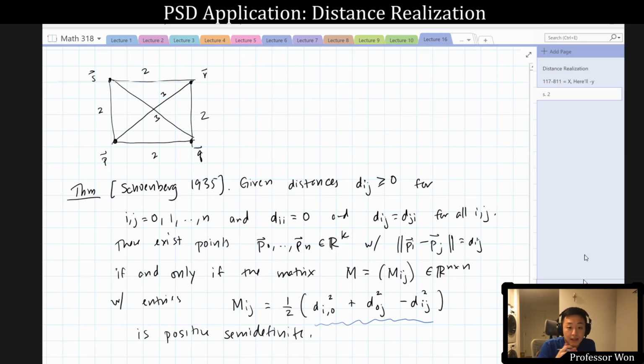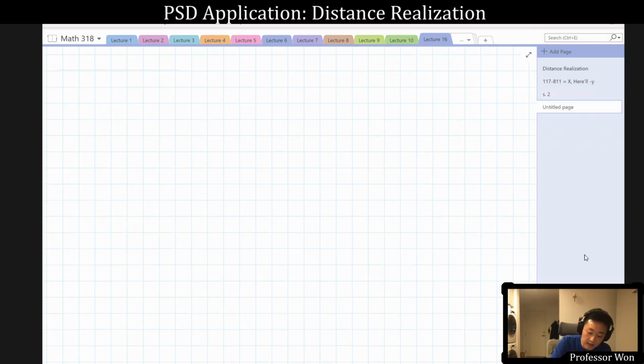Okay. Now, at the moment, it should not be all that clear to you why this distance realization is related to the positive semi-definiteness of this matrix. It turns out that it's actually a pretty elementary reason. But let me point out that it should be obvious at this point that the matrix M is symmetric. M is symmetric